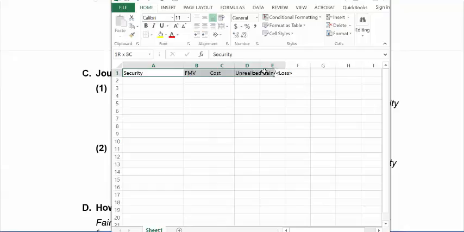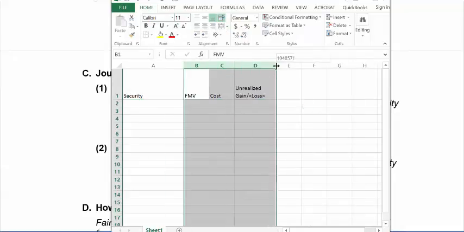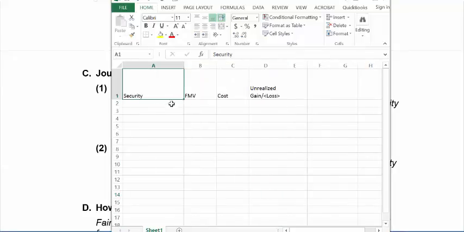And so having all those things set up, you would then list your XYZ stock, for example, ABC bonds,